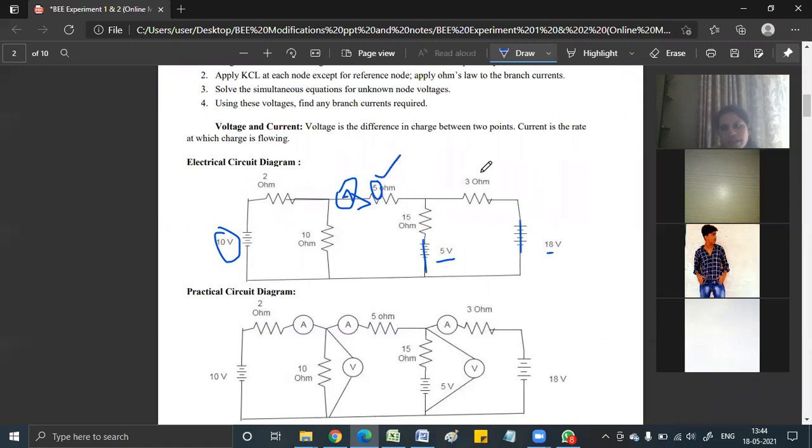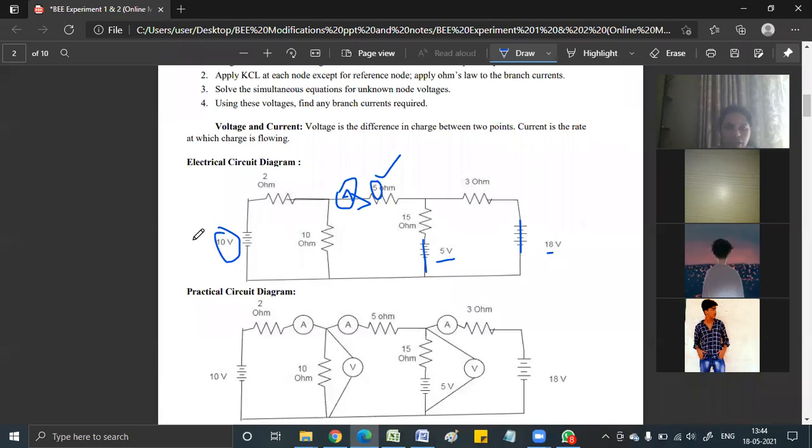Can you tell me, on Tinkercad, if you visualize, how many power supplies do I require at a time? One. Yes, I'll be requiring one, because at a time only one source is going to be active, right? Smita ma'am, please admit students. So only one source is going to be active. I've admitted now. Okay. So one source is going to be active, so we have one power supply.